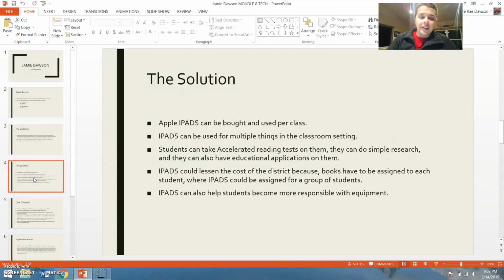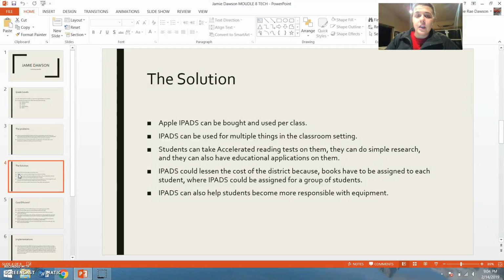So what I had for a solution: the Apple iPads. They can be bought and used per class, and they could be used for multiple things in the classroom. They could take their accelerated reading test. They can do research, say if you were wanting to learn about Abraham Lincoln. As a whole class, you could do a research project over Abraham Lincoln and use